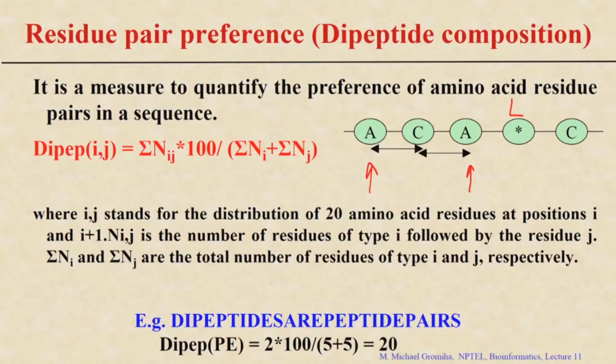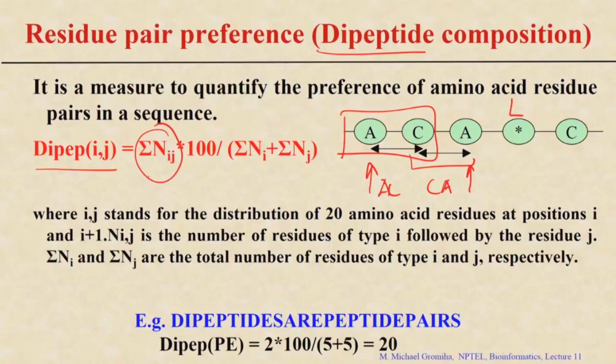In this case you can get the pair preference, because we did two peptides. So, this is why we call this a dipeptide, right. If you take these two, we can say this is a dipeptide, and these two, this is AC and here this is CA. So, in this case there are various ways to get the preference. If you see the dipeptide of i, j, then you can see Nij,